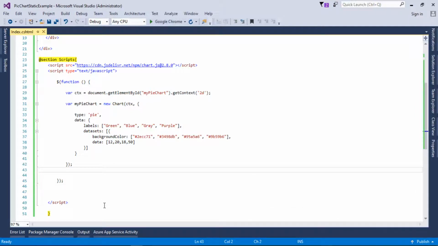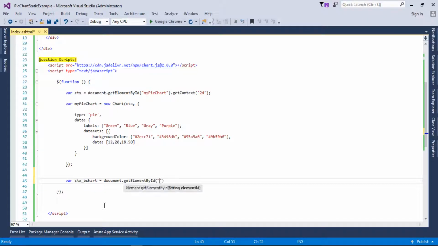In jQuery we will follow the same steps that we followed in our pie chart video. First of all we need a context, and the context will be of bar chart, and this will be document.getElementById('myBarChart').